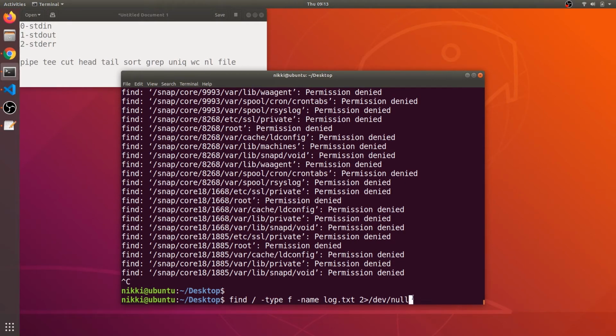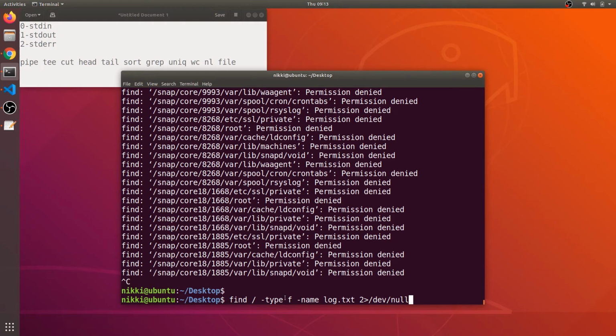So it's like a black hole, you can just throw anything, some bytes of data, gigabytes of data, it just disappears, because there will be a background script for this /dev/null, and if any contents are placed in it, those contents will get automatically deleted.